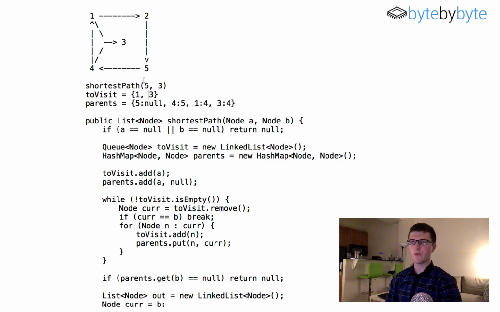So now we're going to loop through again. We remove the 1, and then we see that 1 is not equal to our current node, and then we're going to add the children. So we're going to add 2 to our toVisit, and we add the mapping here, so 2 maps to 1. And then we actually are going to try and add 1, we're going to try and add 3, and that's